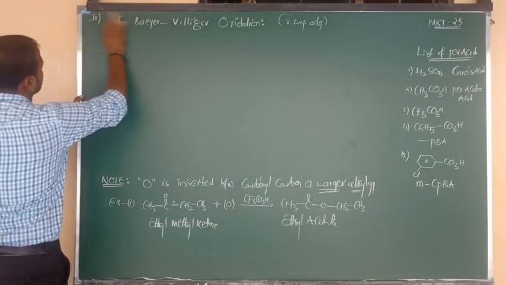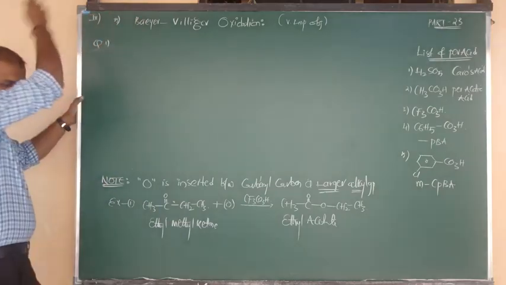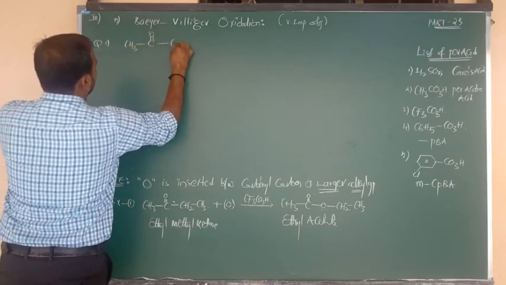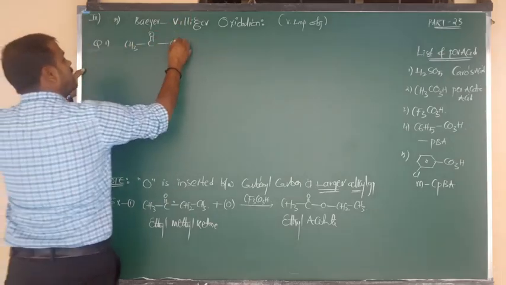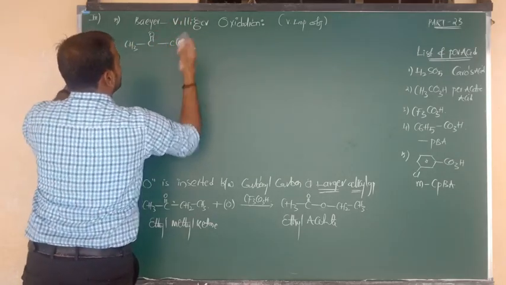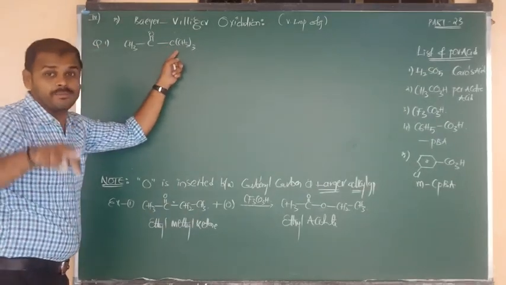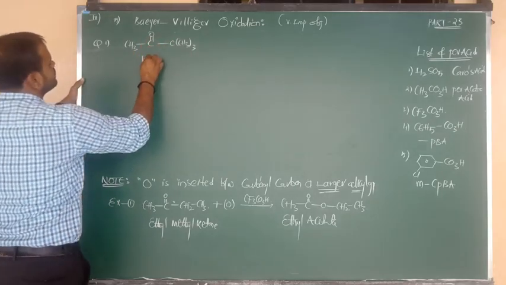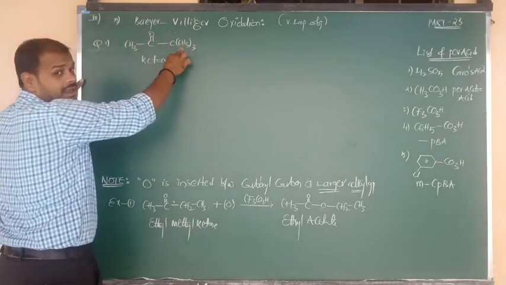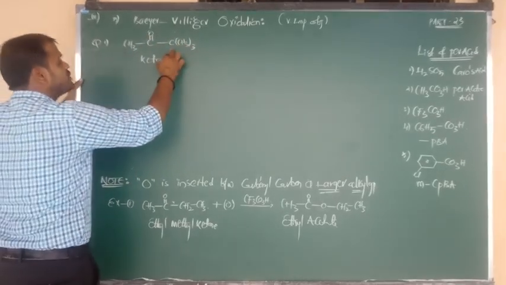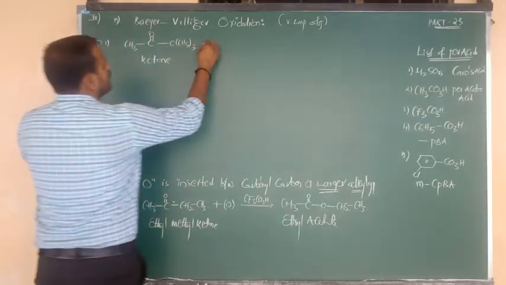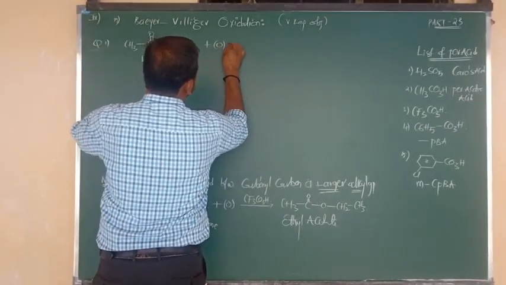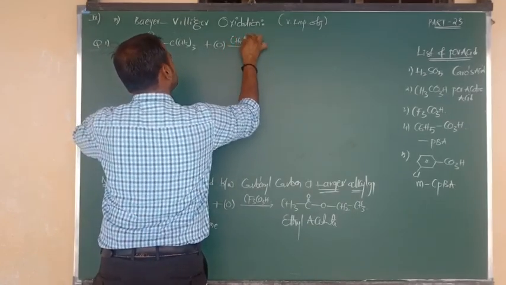Example, we can also say one question form. CH3 bonded to C double bond O, bonded to C, and in the bracket the C is connected to three methyl groups. That means one side is tertiary butyl, the other side is methyl. So it is tertiary butyl methyl ketone, three methyl carbons plus one, four carbons. No problem? Right. It undergoes oxidation by using per acids. You can write any one example, CH3CO3H.